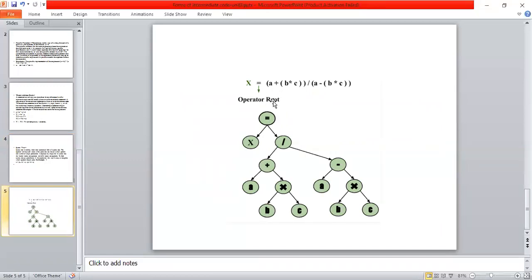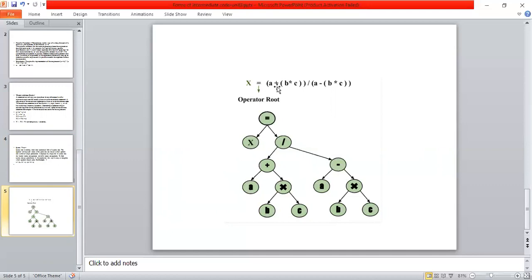First of all, I'm constructing the syntax tree from leaf nodes to root nodes. First I construct b * c, then this value is added to a, giving a + (b * c). This is my left subtree. After that, I construct the right subtree: again b * c, then a - (b * c).